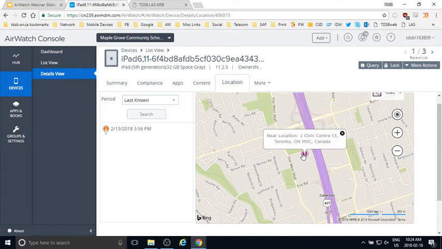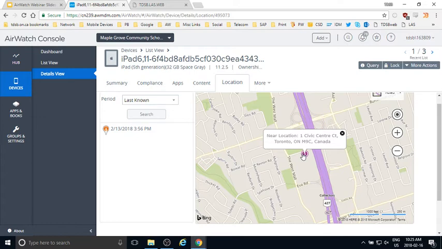So you can imagine if you lose something, you can track it down. We had a high school where they had lost, I think, 4 or 5 different iPads, and they had location services turned on on a few of them. And when they went to the location tab, it was already across the globe. I think it was in India or something like that. Somebody had already trafficked it all the way down there. But as far as being accountable, hopefully if it hasn't left the country, this can give you a better perspective of what's going on with your iPad. Of course, there's a whole process involved with tracking down iPads. We don't encourage any vigilante justice, but that is a feature of AirWatch, that you can see the location of the iPad in the event that you lose it.